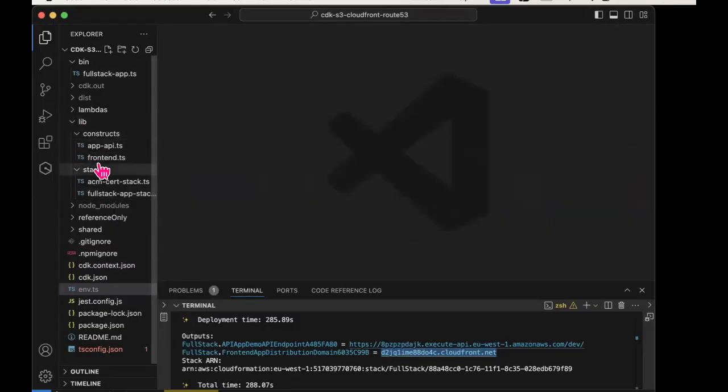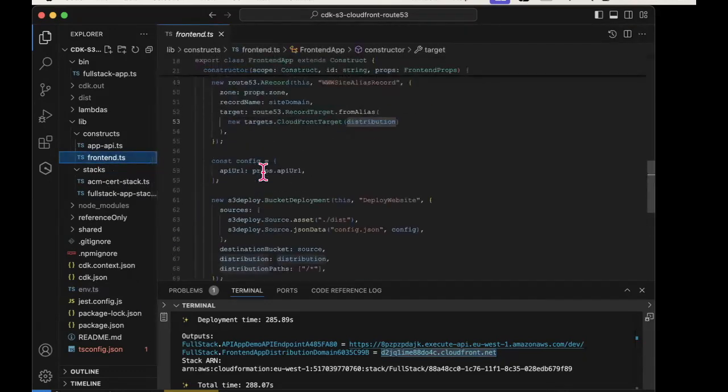We defined two constructs for ourselves here on the left. One custom construct takes care of creating the web API. This construct here called frontend takes care of creating the S3 bucket, the CloudFront distribution, and linking them up together. We can also pass information between constructs, and in particular, we passed the web API's URL into the front-end construct. And so if we go into that now, which we looked at the last day,